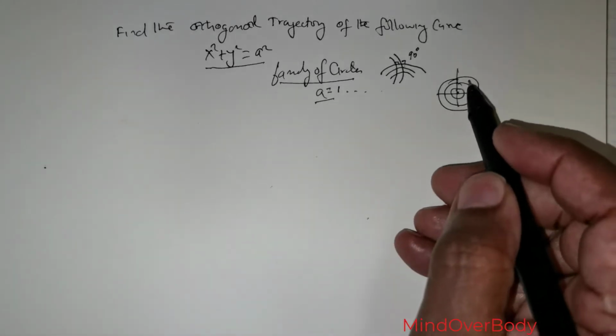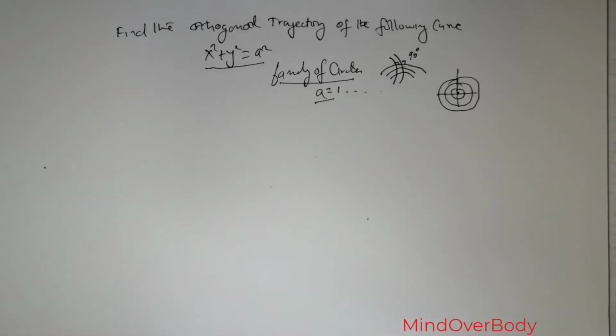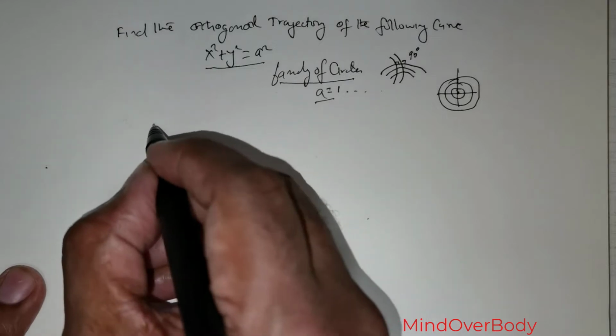Have that in mind, the radius changes. So we have something of this fashion, and we are expected to find those families of curves that will intersect the given family of curves at 90 degrees. So that is the explanation, or the best way to understand. So how are we going to handle this question? The first